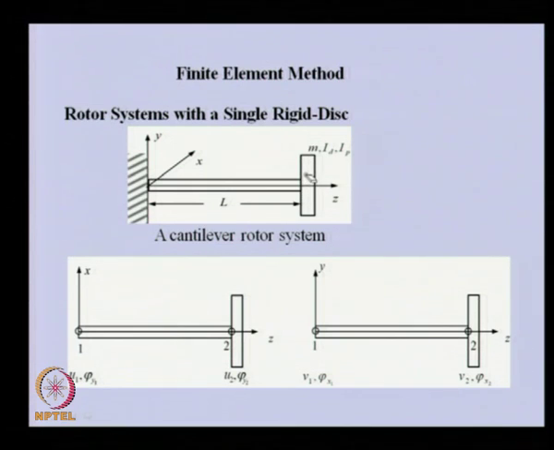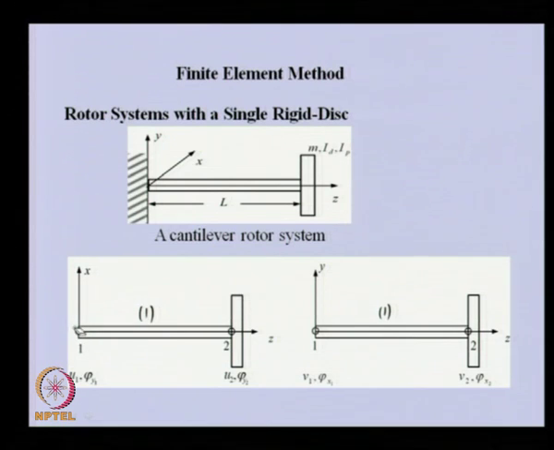So, we will consider the gyroscopic couple of the disc. Now, because of this, obviously the motion in the two planes will be coupled. So, we need to write the element in both planes. For simplicity and illustration purposes, we are considering only a single element. This is element 1 in the zx plane, and this is the same element in the other plane, that is the yz plane, because the mass will be there at node 2. This is node 2,